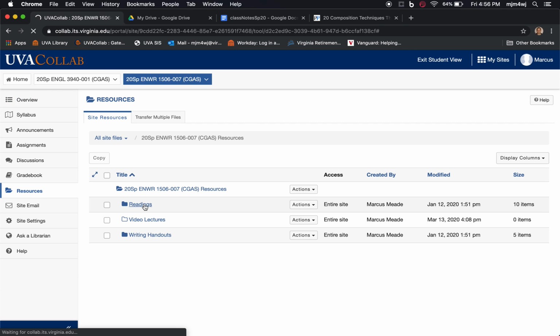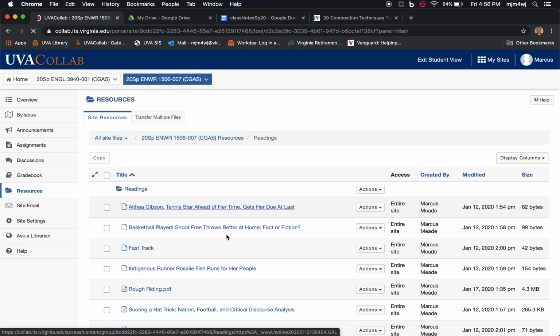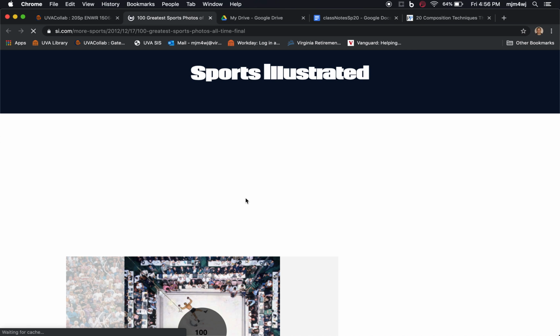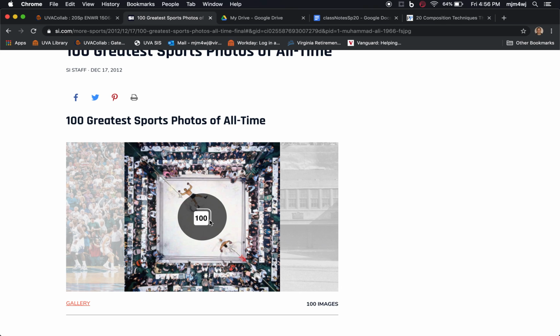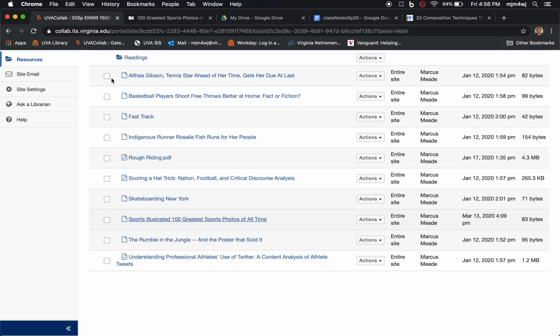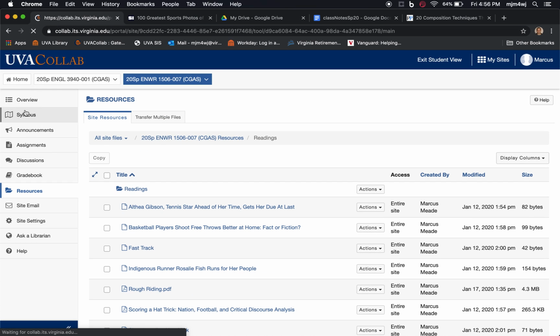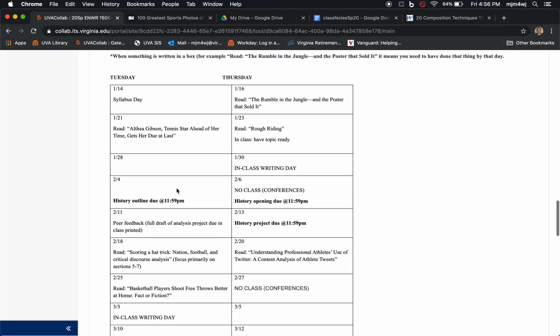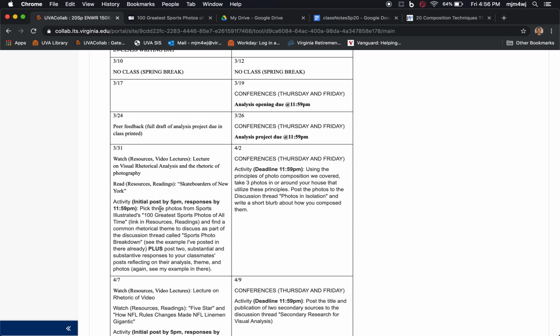go to Readings, and then go down. You'll see Sports Illustrated 100 Greatest Sports Photos of All Time. And that'll open this screen for you. And you can scroll through the gallery right there. And what you'll see, and it says this on your syllabus as well, I'd like you to pick 3 photos from the Sports Illustrated 100 Greatest Sports Photos of All Time and find a common rhetorical theme